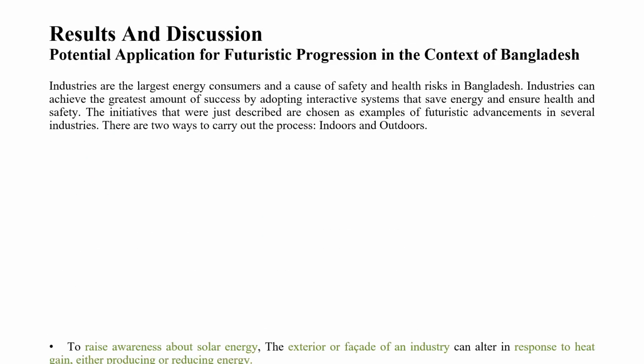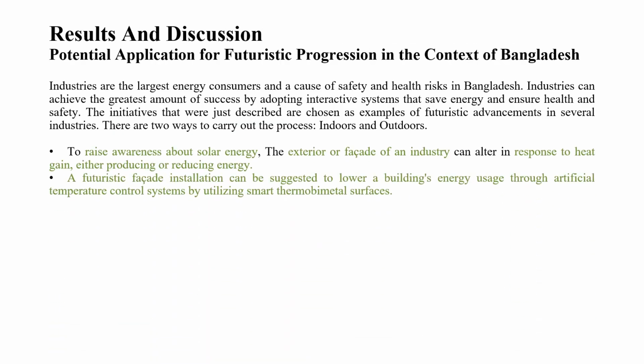In short, I would like to discuss the results. Industries are the largest energy consumers and a cause of safety and health risk in Bangladesh. Industries can achieve the greatest amount of success by adopting interactive systems that save energy and ensure health and safety. To raise awareness about the solar system, the exterior of an industry can alter in response to heat gain. A futuristic facade installation can be suggested to lower a building's energy use